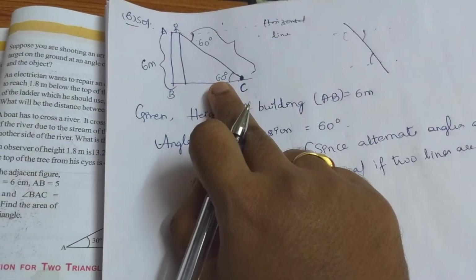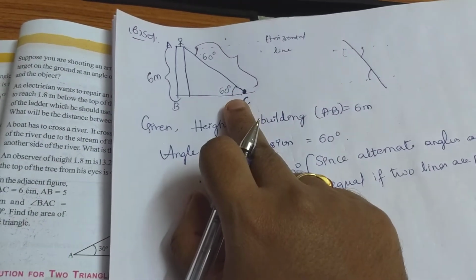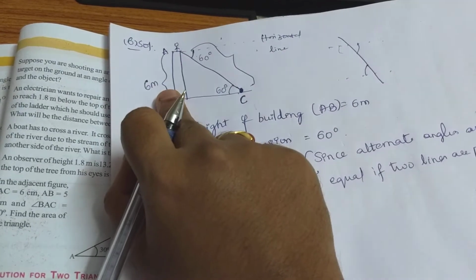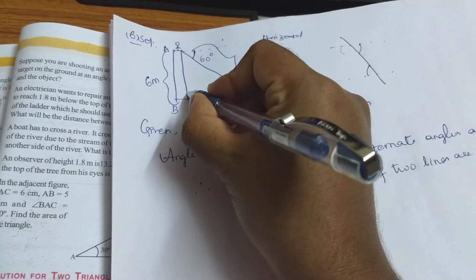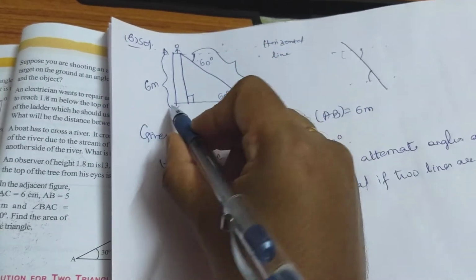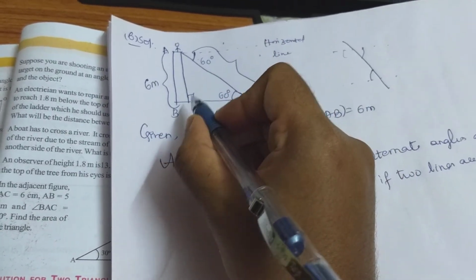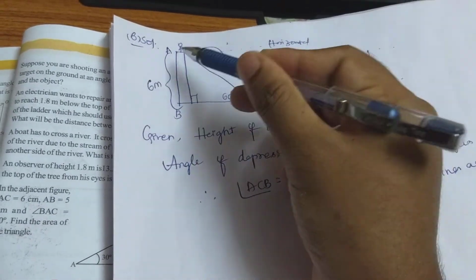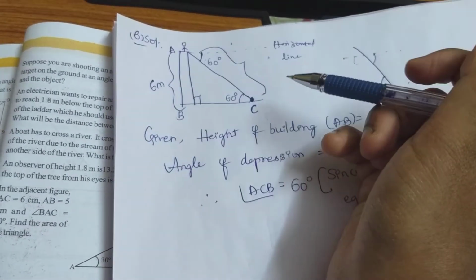as 60 degrees. I told you that all the mathematical objects are linear. So this building is linear, so it means it is right. So the building makes a right angle with respect to the ground. When you see here, the triangle formed is A, B, C. The triangle will be a right angle triangle.